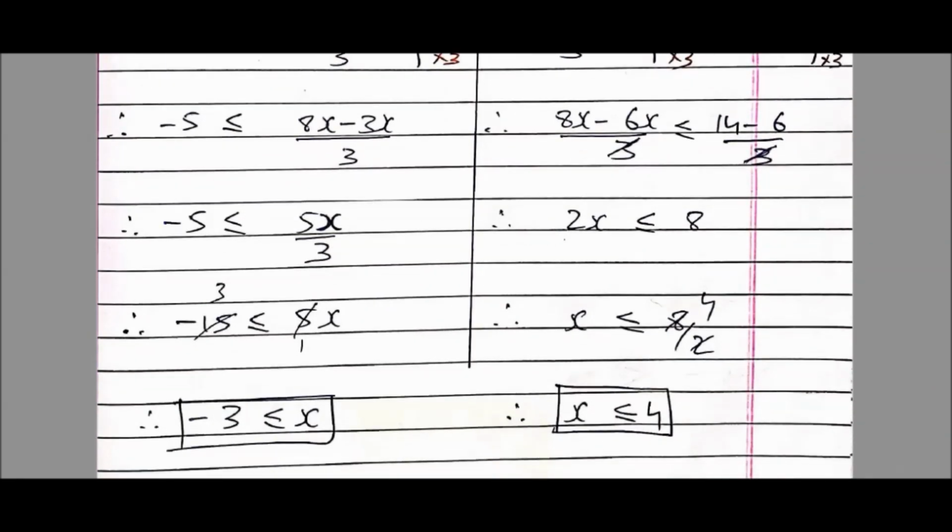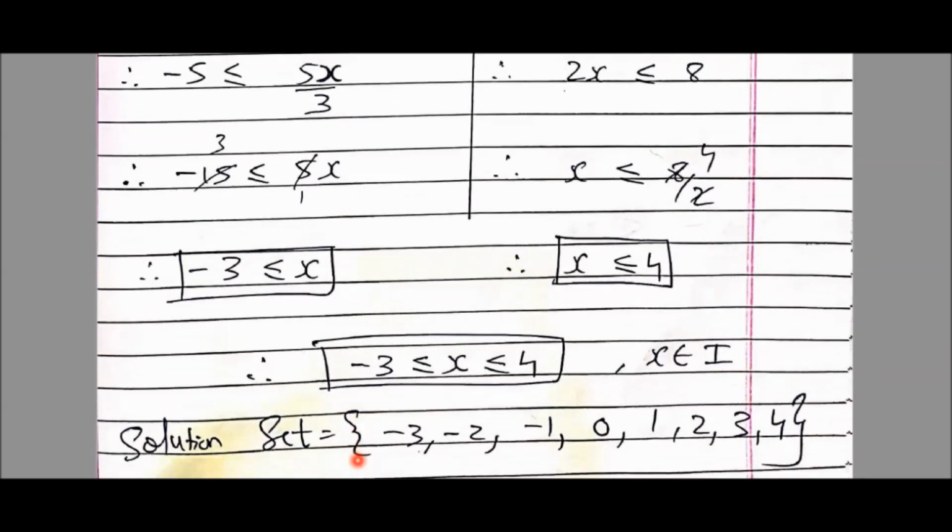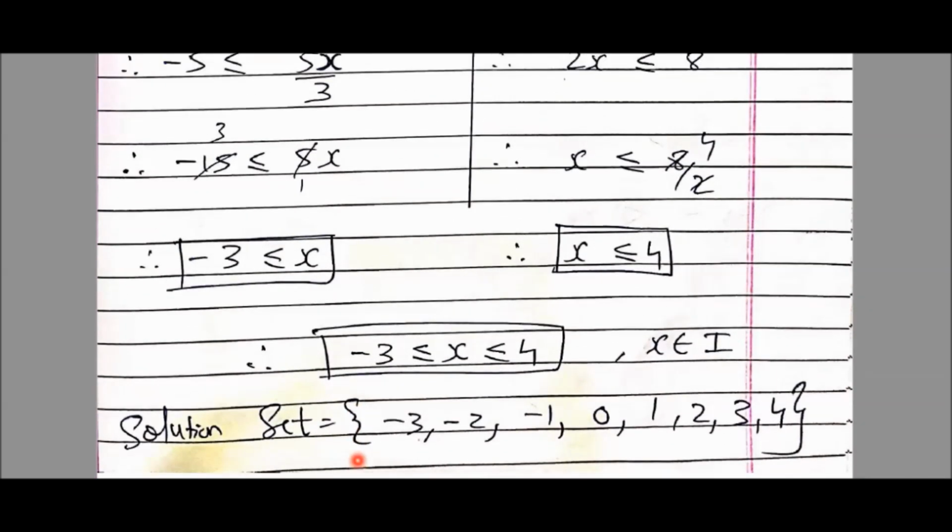After solving the entire thing, you'll reach that x is less than or equal to 4. So now see, students, the answer for the first and second term was minus 3 is less than or equal to x. The answer for the second and third term is x is less than or equal to 4. And now my task will be to combine them, to club them. Okay, so let's combine them.